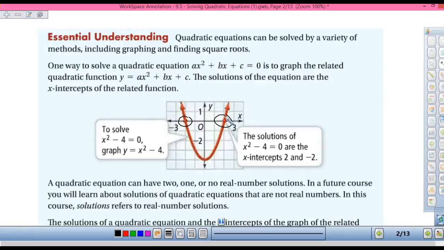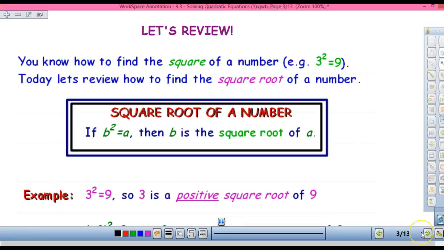Yes, so that's what I was looking for on that quiz. Define solutions: where the graph crosses the x-axis. All right, so